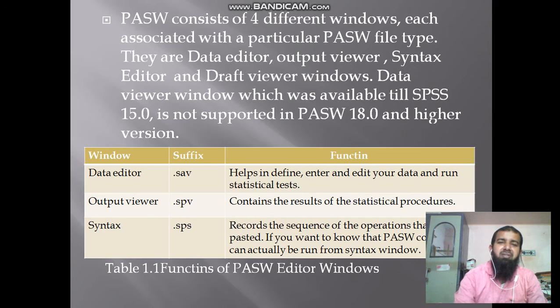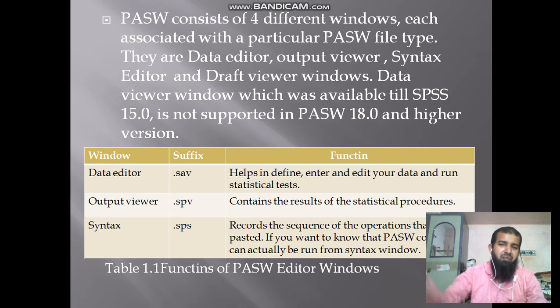Okay, the data viewer window, which was available till SPSS 15.0. The fourth window, the draft viewer window, is available up to SPSS version 15. Later than 15, the draft viewer window is not available and is not supported in PASW 18, in version 18, in 20, 21, 24.